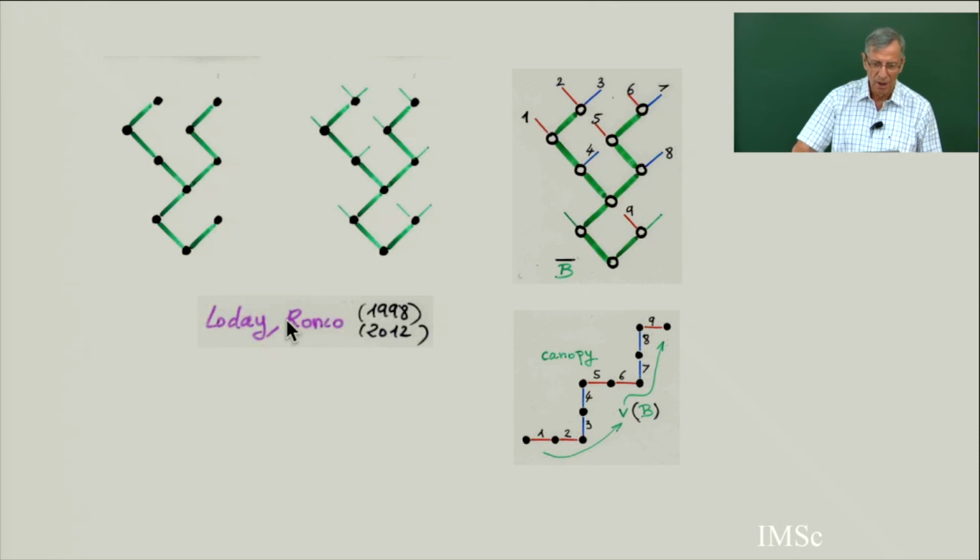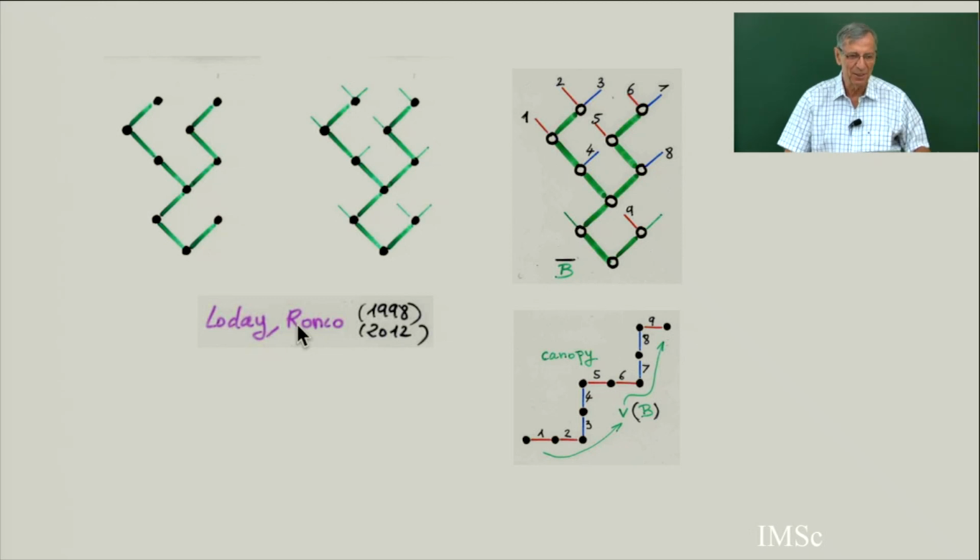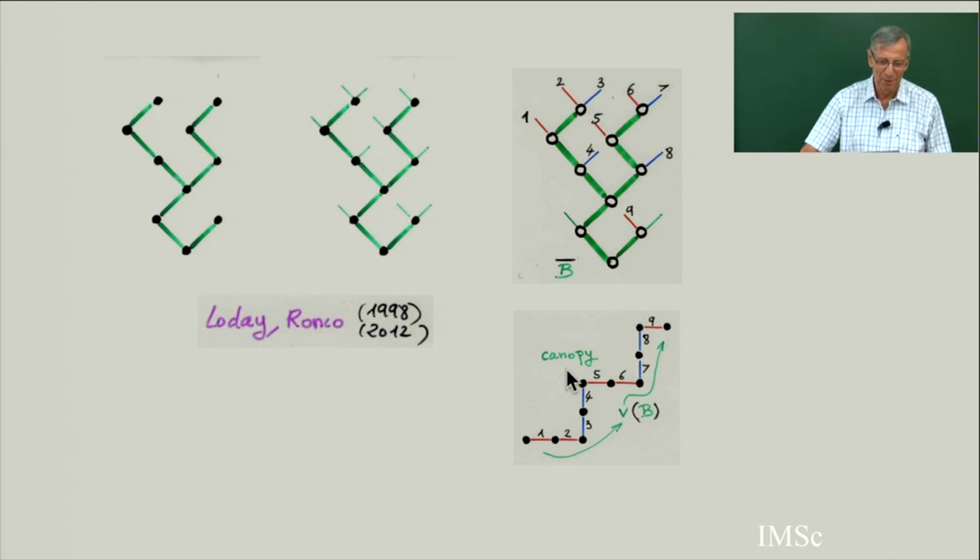So in this chapter, I will talk about the Loday-Ronco Hopf algebra and show that you can translate this into Catalan alternative tableaux very easily. And the product of two binary trees becomes obvious. In their paper, Loday and Ronco did not define the canopy, but they use it. So I propose this name, canopy. Many people like this because canopy, you know, it's going above a tree. You look at the tree from above, and there are so many words about the shape, the profile, many things of binary trees, but this word was not used. Canopy of a binary tree, and this path is going.